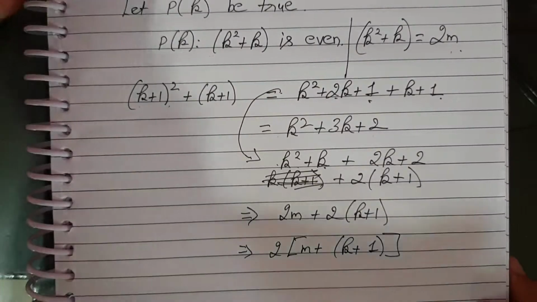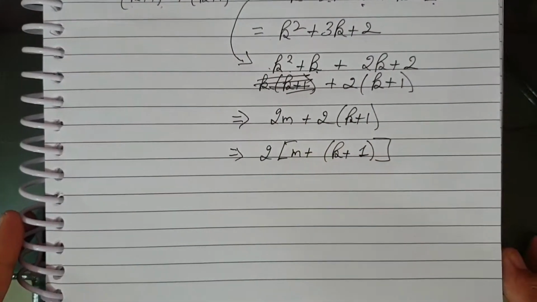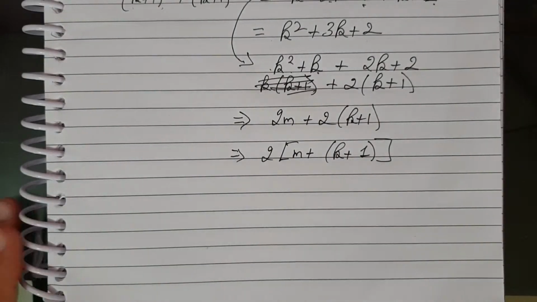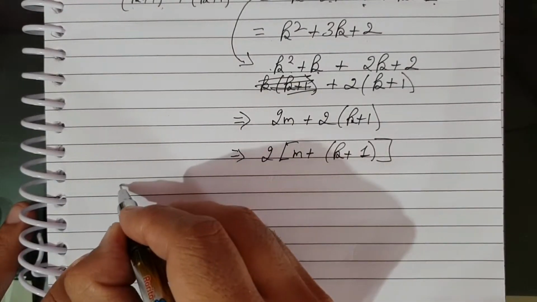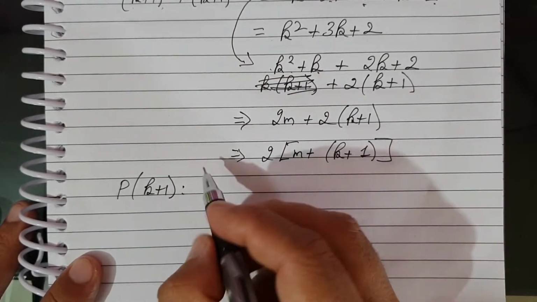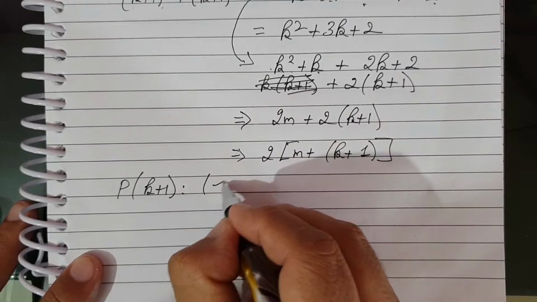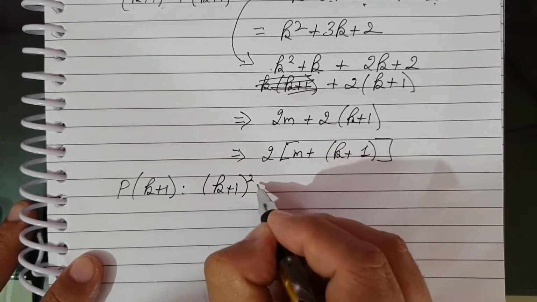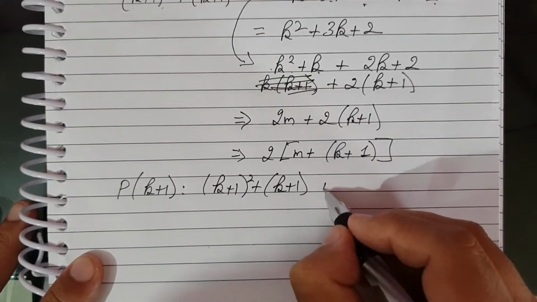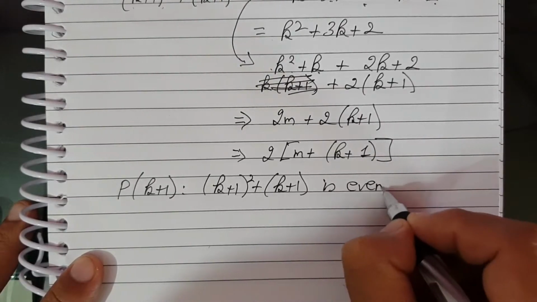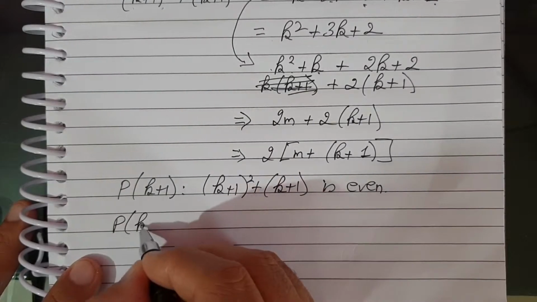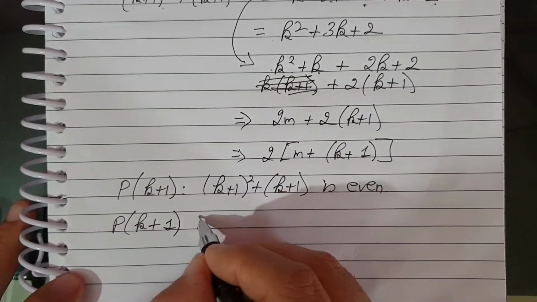So naturally you can see, this is 2 times of any number, 2 times of this number. So this is an even number, which is clearly an even number. So the statement will be P(k plus 1) such that (k plus 1) whole square plus (k plus 1) is an even number. Okay, so P(k plus 1) is